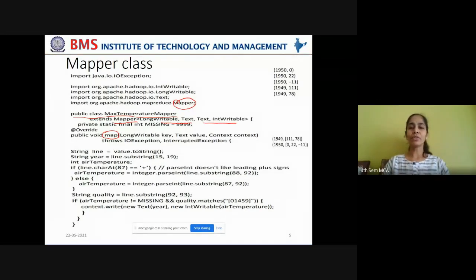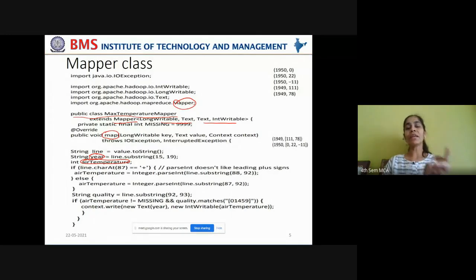Now in this map function, we are going to first extract the substrings that pertain to the year in which the temperature is captured and the air temperature measurements. Those two are obtained into the year variable and the airTemperature variable. After finding out whether the air temperature is properly captured or not by comparing it with its quality code, we take this year as the key and the air temperature as the value.